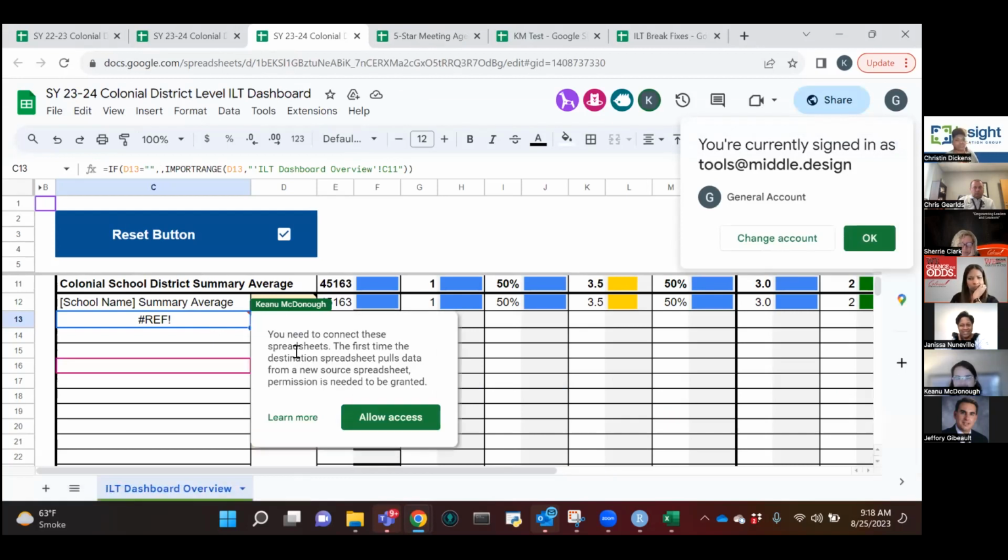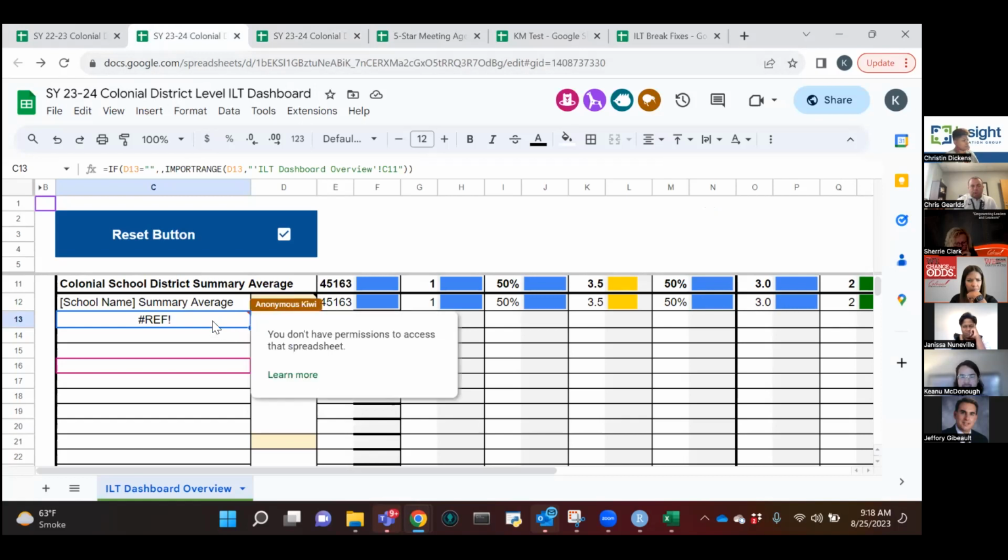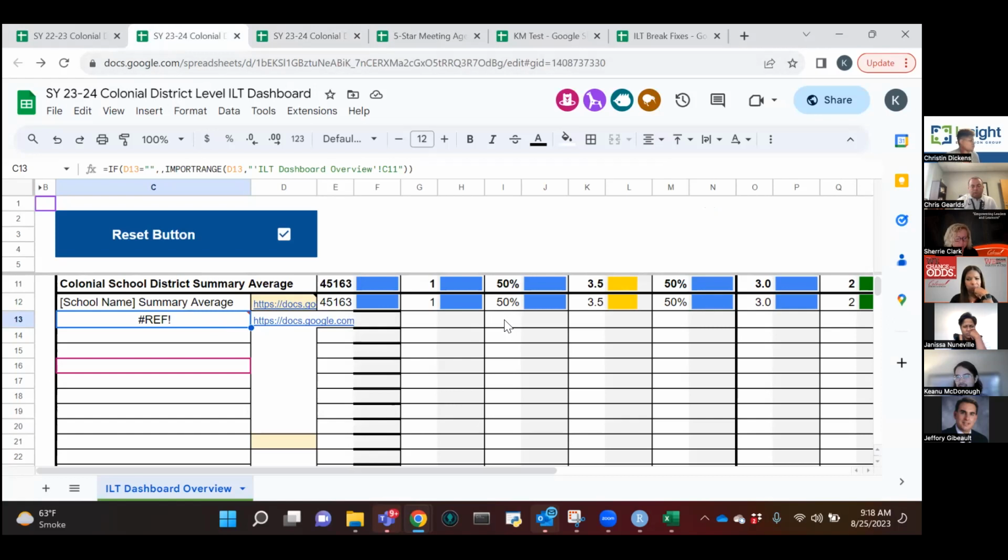Yes. Okay, so if the sharing permissions are set up correctly, but not everyone can view it, you'll get this error, which means you just need to let the sheets talk to each other. And all you need to do there is allow access. So if you get the error we were getting before, where there's no option here, that means the sheet that you pulled in, your campus level dashboard, the sharing permissions are probably pretty restricted. So